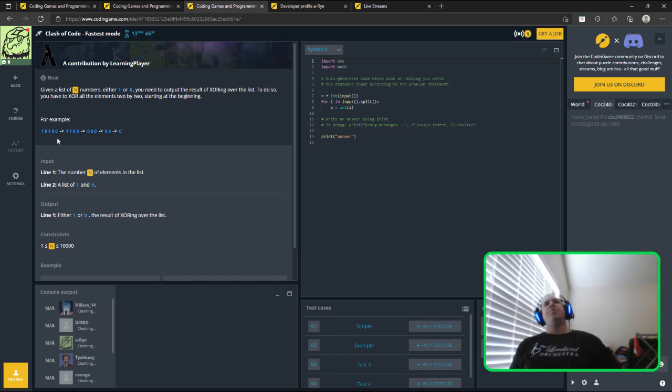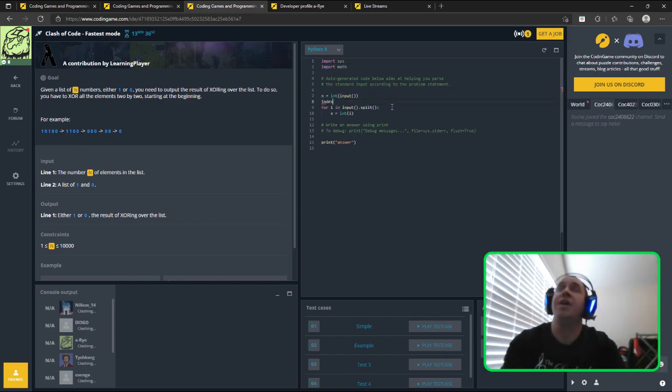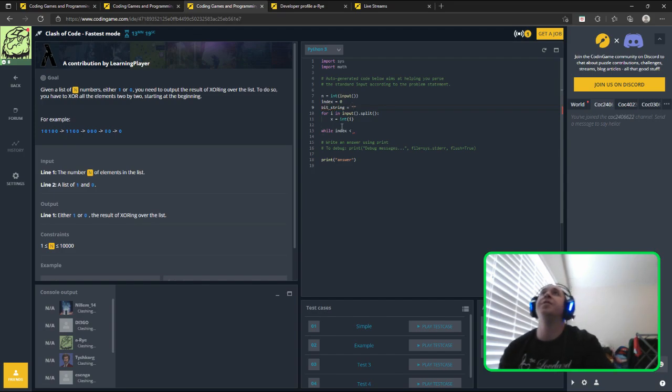To do so, you have to XOR all the elements 2 by 2. Oh, okay. So, alright, let's do it kind of like we did the last one. Index equals 0. Let's do a while loop. While index is less than, we want to do bit string equals an empty string. What we're going to do is bit string plus equals string cast of x